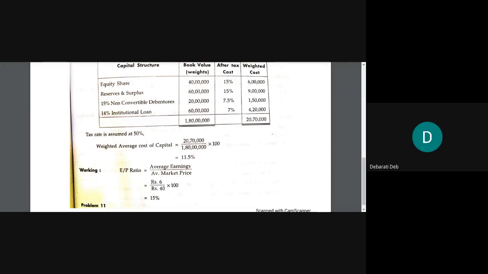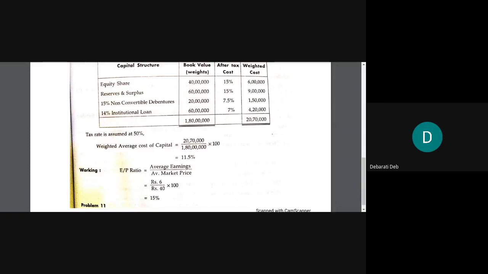Yes. So that's what I told you in the beginning, that when a uniform or continuous number of years is not given to you, you take the average and then directly calculate the cost of equity and cost of retained earnings. Because had the rate been uniform and the data continuous, then you would have calculated the growth rate. Then you would have added a plus g to this, isn't it? But here you cannot calculate the growth rate. That is why you will use the normal formula without the growth rate, that is EP by MP.